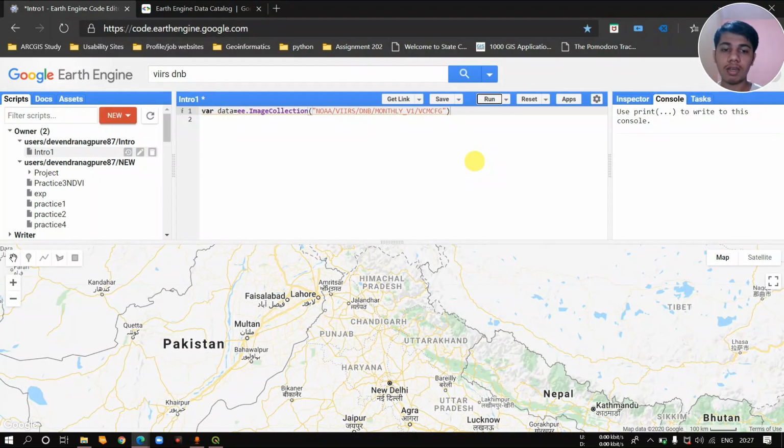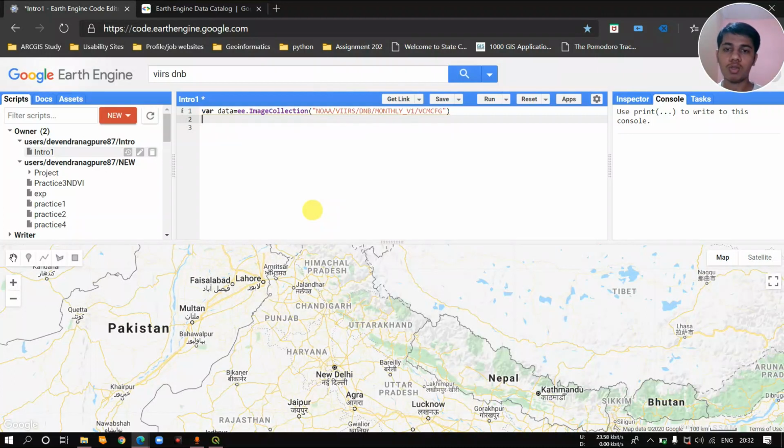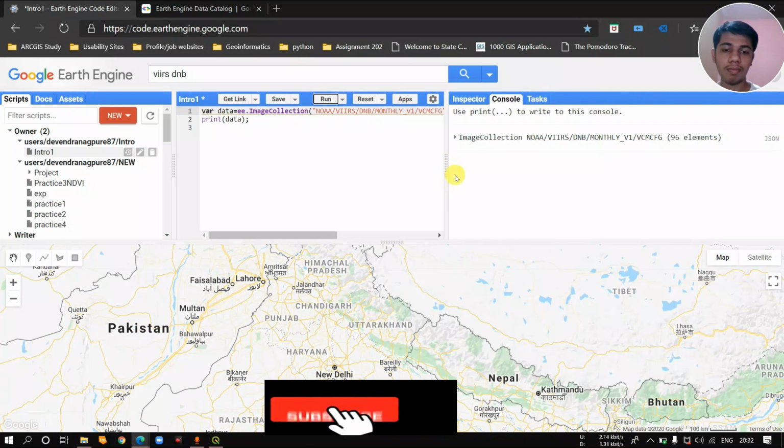When you run it, you are going to see a console and tasks which are going to be processing. This is the string which we have just pasted over here. For calling this data, we have to print this. Now let me run this. Over here you can see it's going to run, and let me show you.